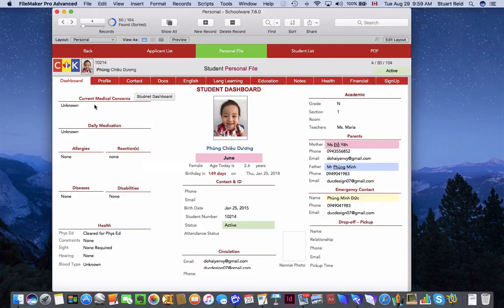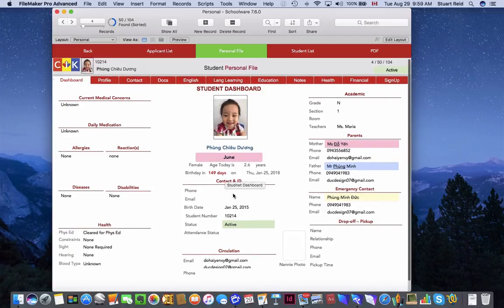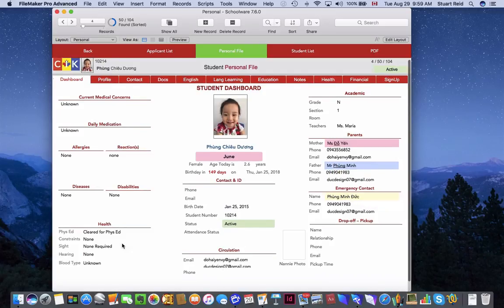with a dashboard set up so that you can in a synopsis see the student, their picture, what their name is, their nickname or school name, their age, birthday in 149 days, phone number, it was just set up, and their emergency contact, their parents. If they have a drop-off, young kids often have a nanny or a parent picking them up. And this is their information for emails and some of their health information over here, most of which we've not